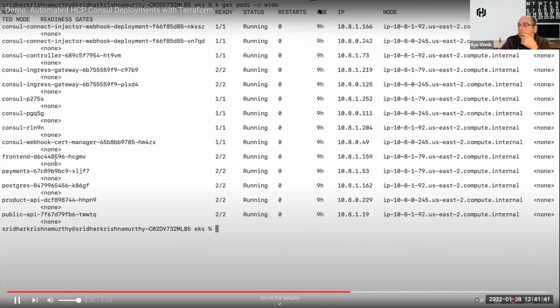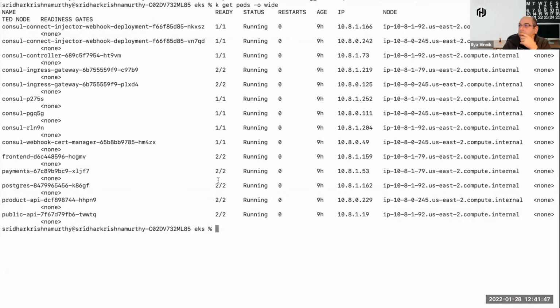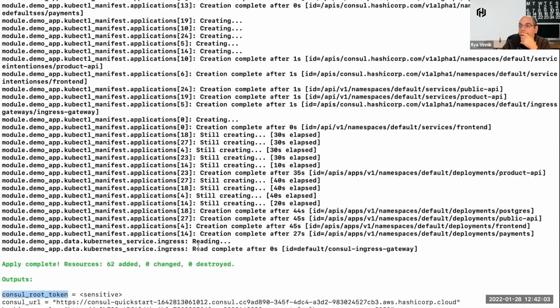And along with that, the HashiCorp app got deployed. And as you can see, the sidecar Envoy is automatically injected for the service mesh use case. Now, we have to access the root token, and the command for that is... Okay, now we have the token. Let's go to the Consul UI.